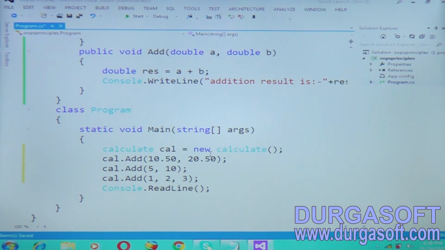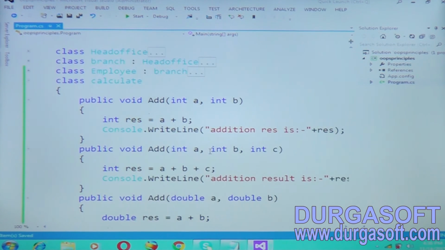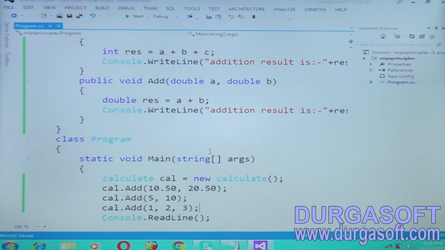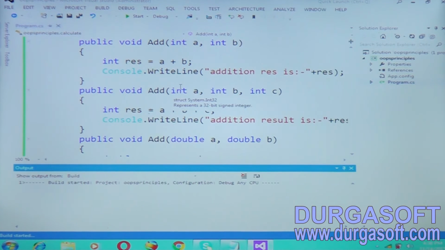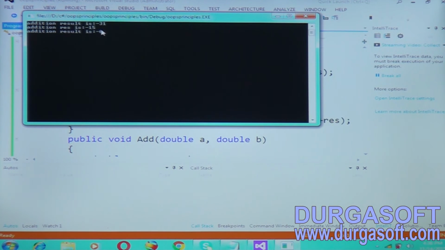Okay, that's good. For the three methods I am passing the values now. If you execute the program now, three values will be displayed for the user. Three methods with the same name will be executed. So check it, execute it, press F5. You need to get three values now. See, the addition result is 31. It is displaying the double value first, and the second one has two parameters, it is calculating that, and the third method is called. Three methods have been called now.